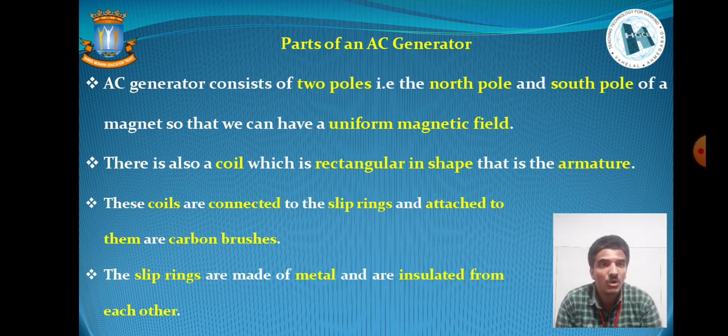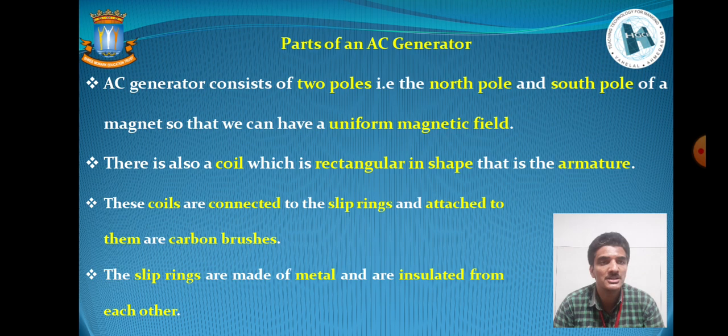There is also a coil, or one kind of loop, which is rectangular in shape, that is the armature. This coil, or loop, will rotate in the magnetic field in such a way that the mechanical energy is converted into electrical energy. The third part is the connection of the coils to the slip rings, which are attached to them through